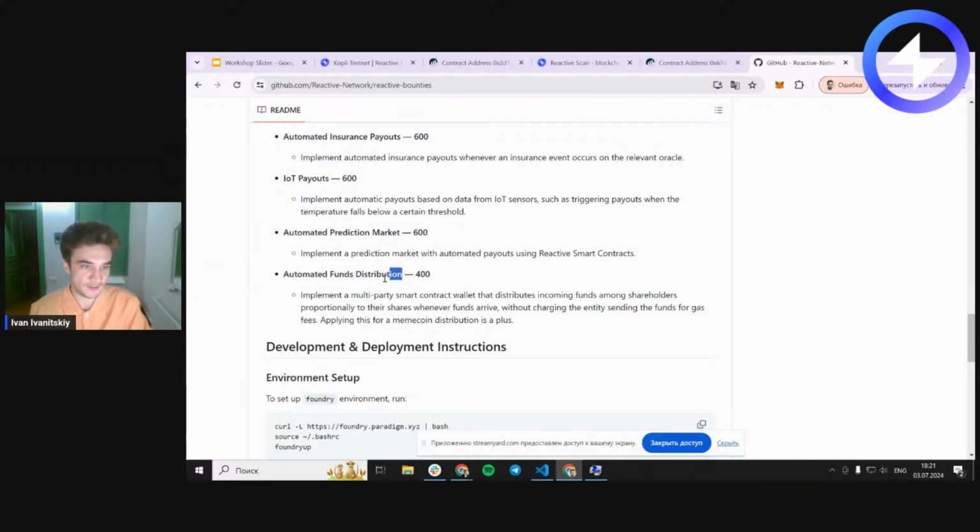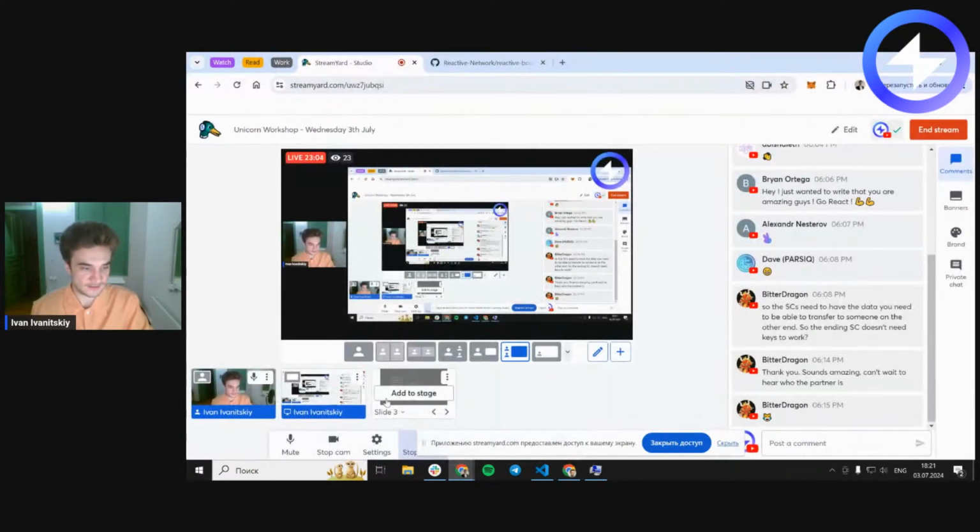So let's say you have some staking in several places, and then you want to collect it all in one place, and then you want to distribute it between the stakeholders of your, let's say, treasury or something. So using reactive smart contracts, you can do it automatically. All right, and that's it for